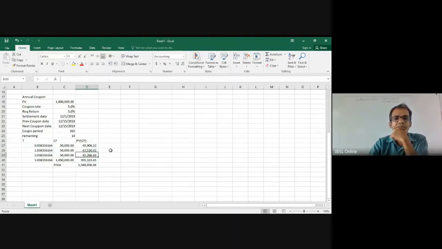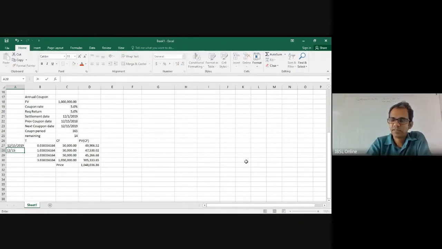Okay. Now it's fine. Now you don't see this even when the required rate of return is equal to the coupon rate. You don't see the same amount. Is it clear? You don't see that. We'll discuss why that is. This is the way of calculation. However, I wanted to show you that instead of 3 cash flows, now we have 4 cash flows because the settlement date is 1st December. So therefore, there are 4 cash flows on these days: